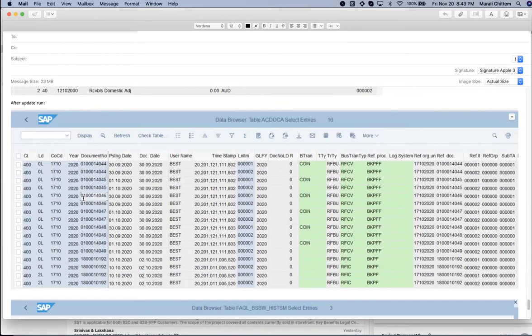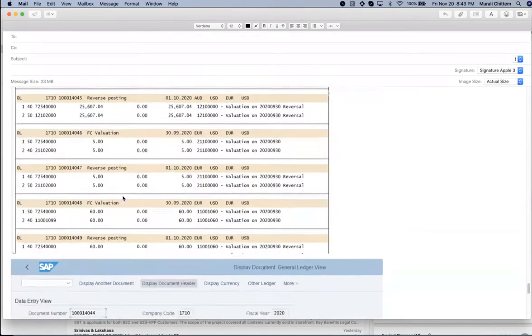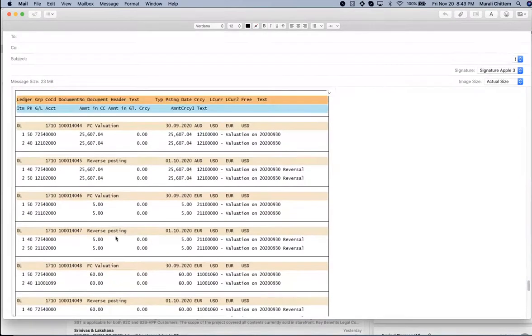After the update run, the system created 6 documents. You can see RFCV from 44 to 49.